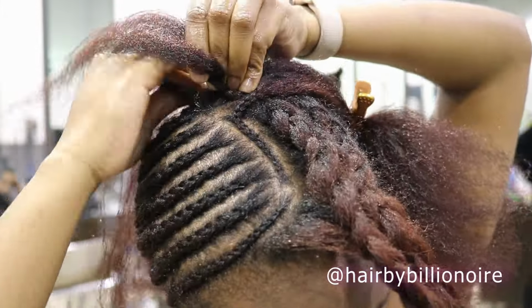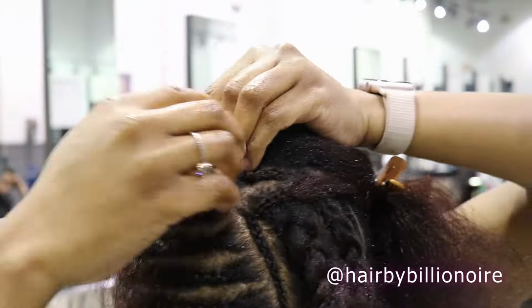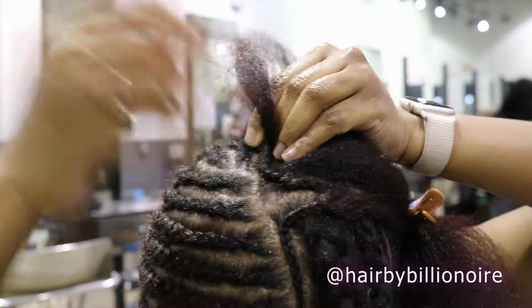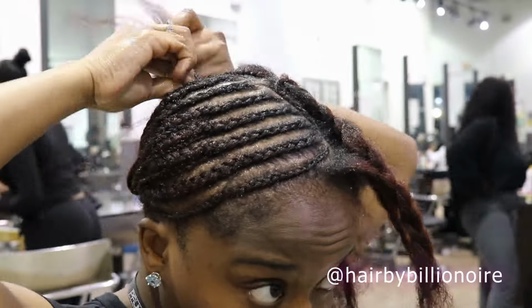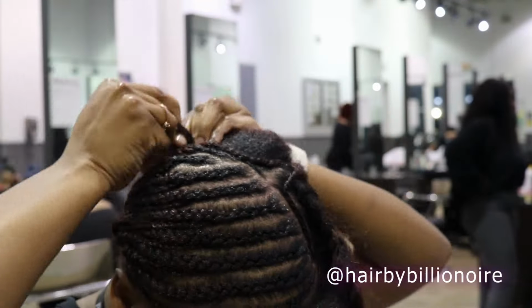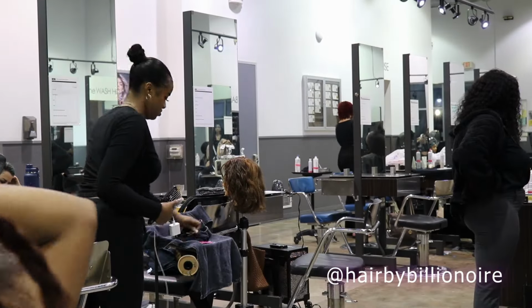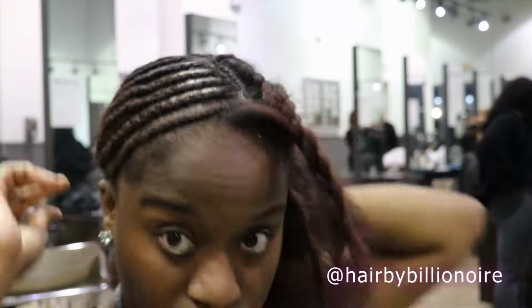And once I got to those middle braids, I ended up crisscrossing my perimeter braid and continuing, as you can see right here. That's exactly what I did. And I ended up connecting that braid in the back. Don't forget to connect all your braids. You should have only one loose braid at the very end. So I ended up crisscrossing those perimeter braids and I just connected it to the very back as you can